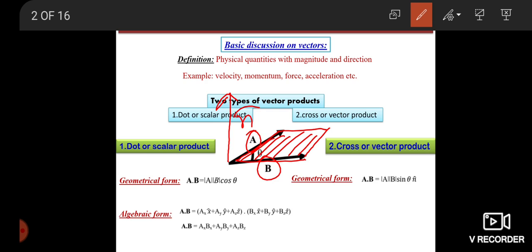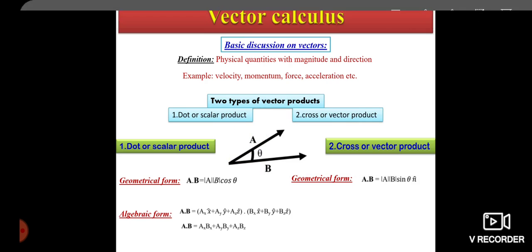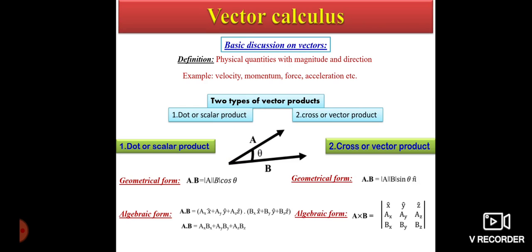There is another form, known as the algebraical form of the cross product, which is written in determinant form. That is, A vector cross B vector we can write as the determinant with rows x cap, y cap, z cap; ax, ay, az;